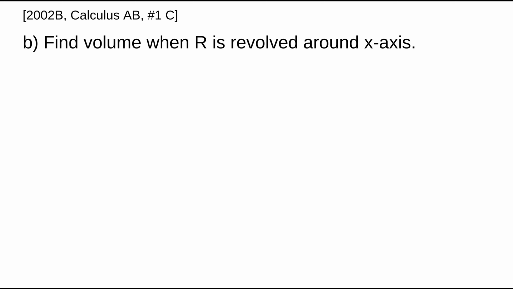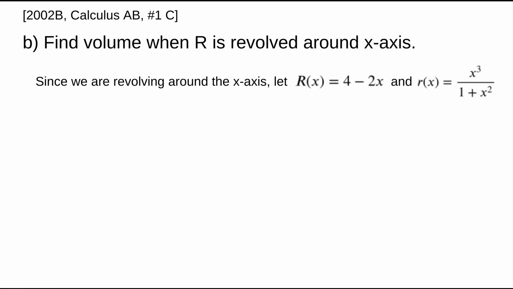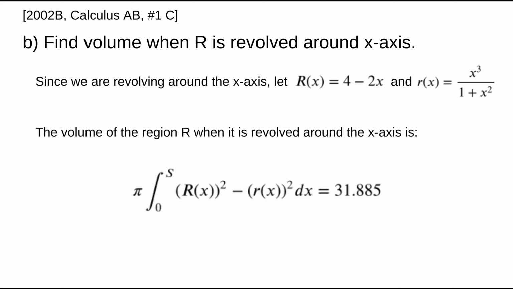In part B of this question, we are asked to find the volume when this region R is revolved around the x-axis. Since we're revolving around the x-axis, we're going to let our big radius function be 4 minus 2x, since that is the function furthest away from the x-axis, and our little radius function be x cubed over 1 plus x squared, since that is the function closest to the x-axis. Then we can find that volume of revolution by taking pi times the integral from 0 to s of my big radius function squared minus my little radius function squared dx, and that turns out to be